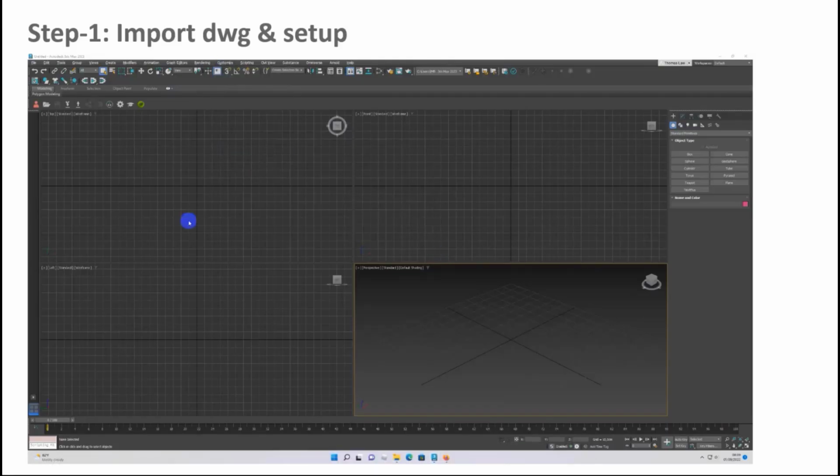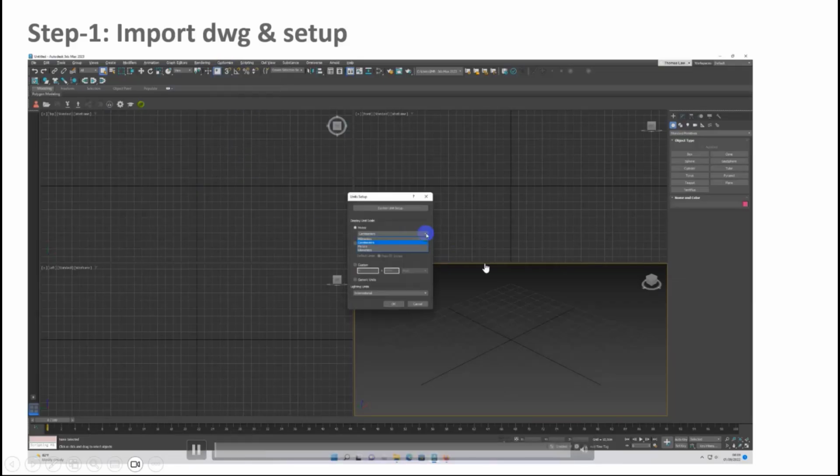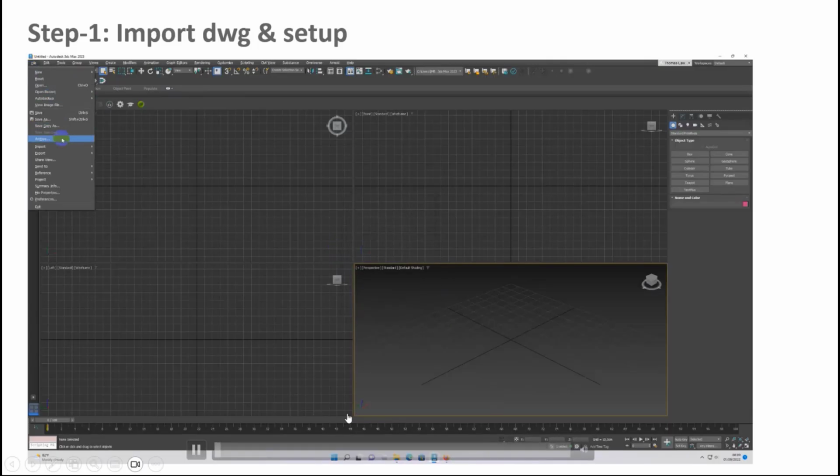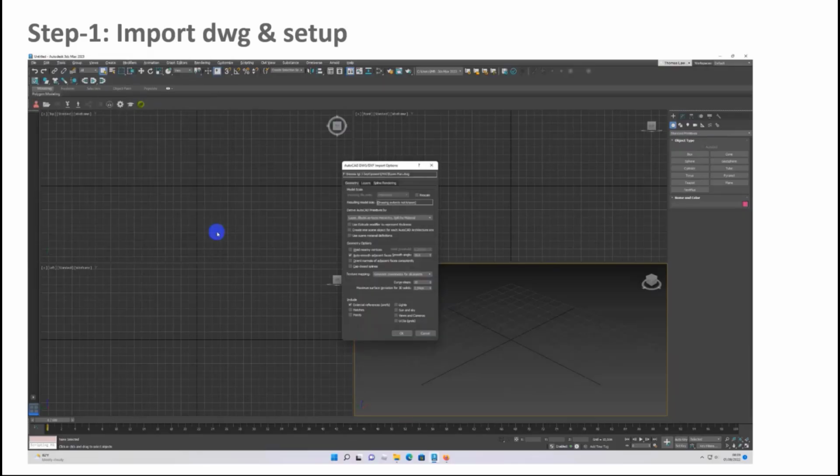First, you need to consider the units, centimeter or millimeter. This is important. Sometimes when you use millimeter or centimeter in CAD, you need the same unit in 3ds Max. So after you adjust, then you can import the DWG.